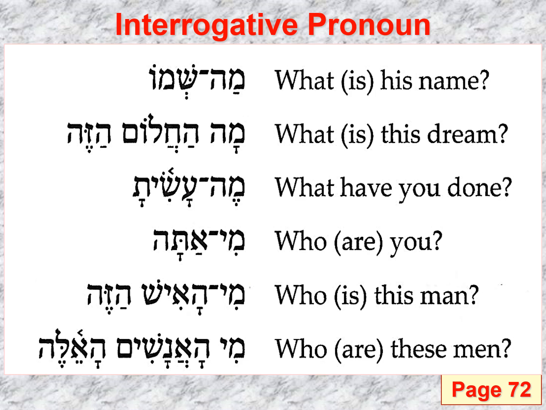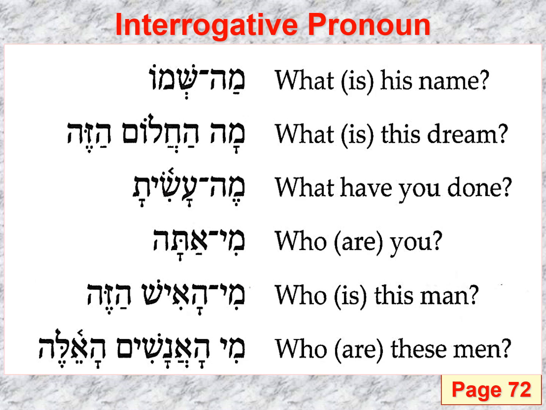So ma hachalom hazeh. Ma hachalom hazeh. What, we supply the verb of being, is this dream? Or if we were just to read it right to left, what the dream,